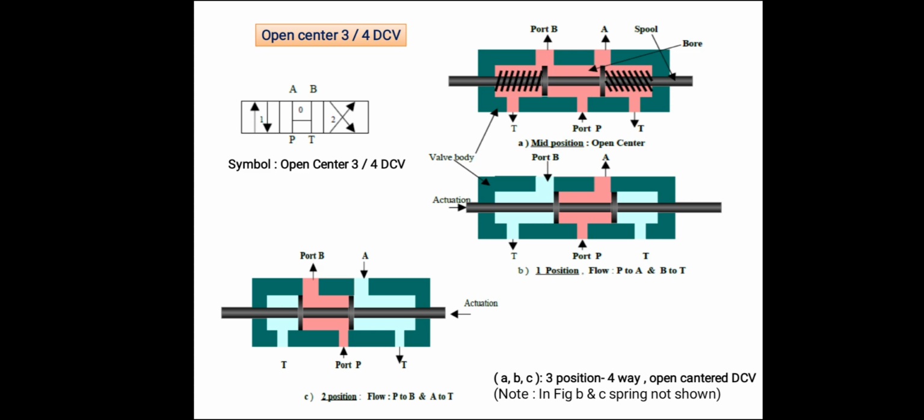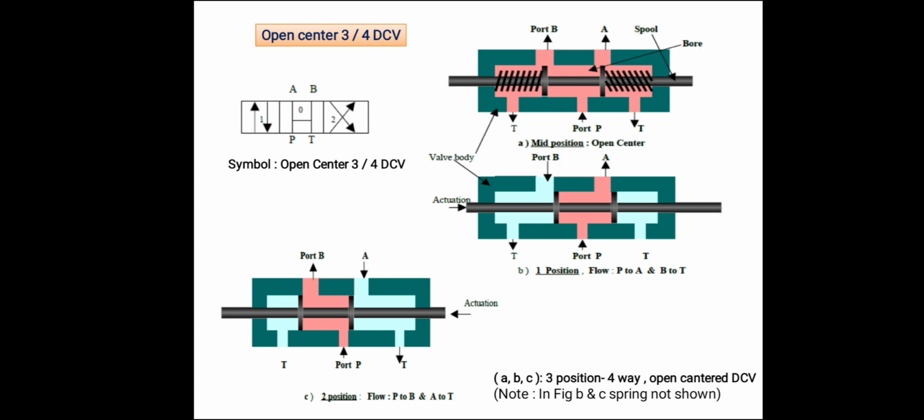4-way valves come with 2 or 3 positions. One should note the graphical symbol of the valve shows only one tank port even though the physical design may have 2, as it is only connected with the function. Now we will see that in the 4-way valve there are different types. We will discuss the 3-position 4-way valve.